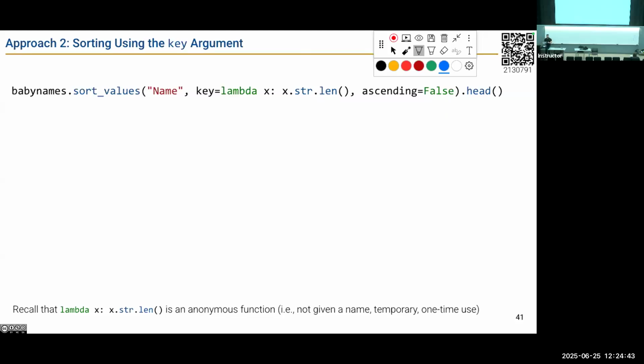So what can we do in this case? We can do everything in just one line. Take the original baby names data set, sort it by the name column, and instead of using the actual values to sort that data frame, I want you to modify those values first, just temporarily, for the purposes of sorting. How are you going to temporarily modify those items? Apply the string length function to each of the elements. For each element in that series, get its length, and then sort based on that result. Sort based on that temporary column that's created in the background.